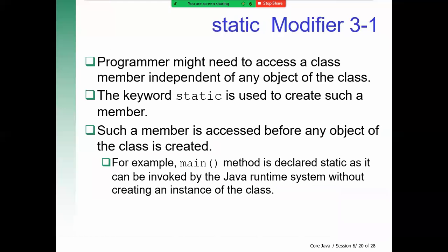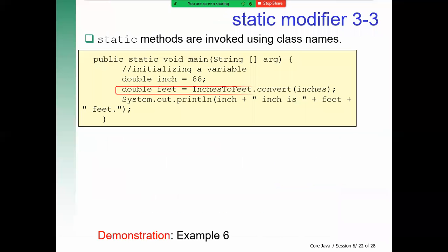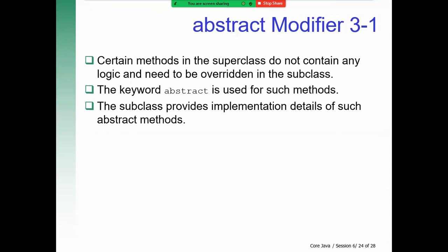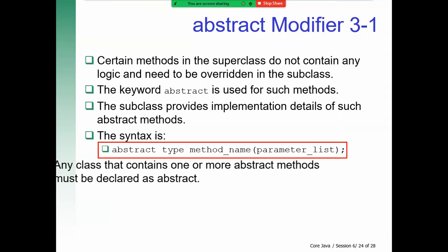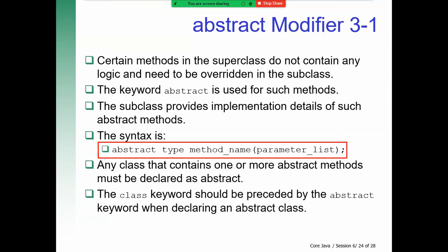So we have the static methods. We have discussed that. Now we are going to talk about the abstract methods. When defining an abstract method, we use a keyword called abstract. The method you define as abstract must have its definition provided in the subclass for us. So we use the keyword abstract, then the return data type, followed by the name of the method, and you can have parameters for it.